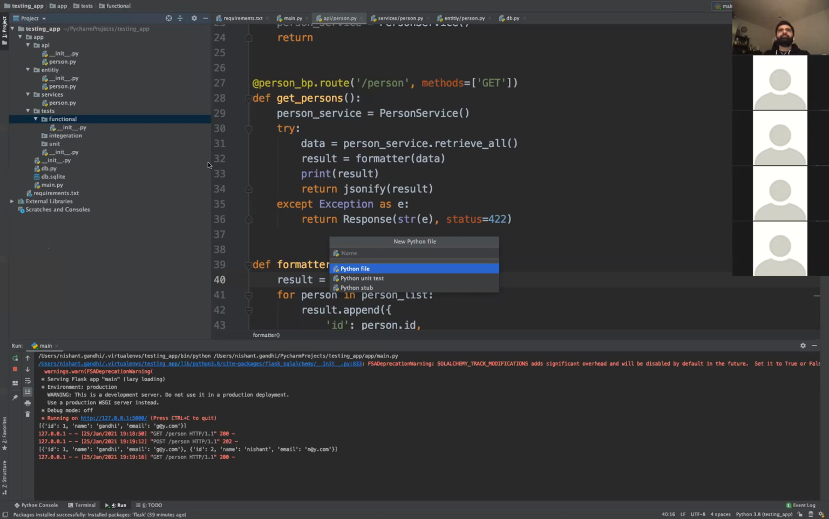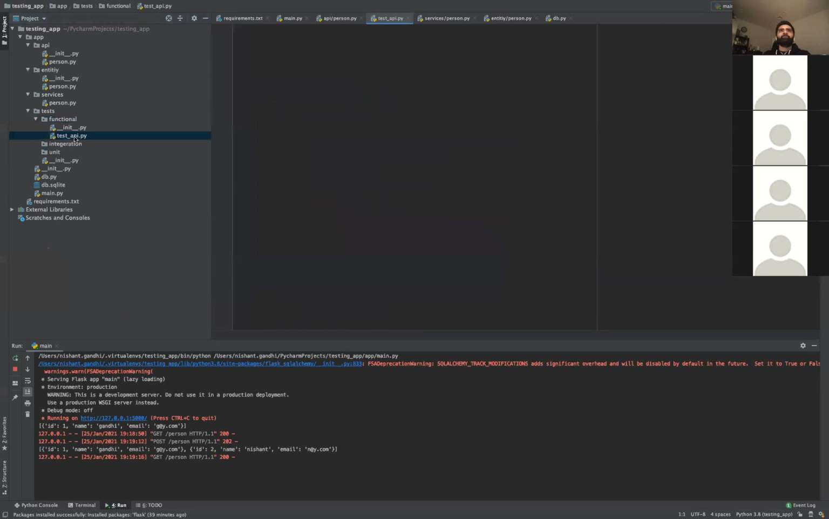So in the functional folder, let's create functional and say test API. Now inside the API, what do we want to test? We want to test def test post API. Let's just call it post API. That is fine. Now, when you are writing the post API, you have to have your app up and running. So now we have that up and running. Second thing is